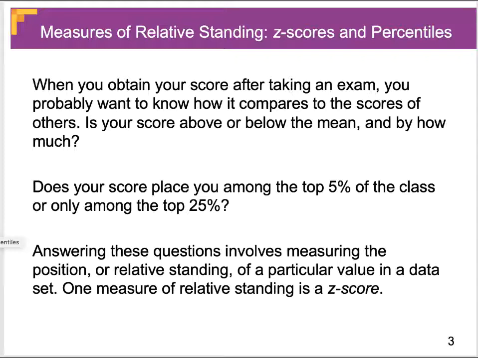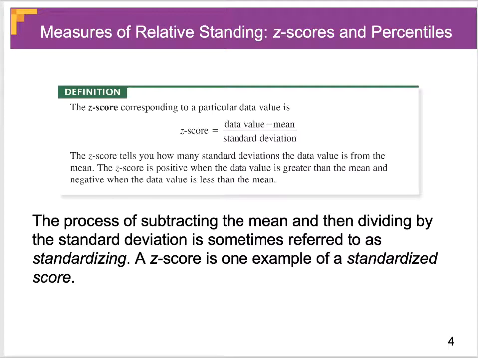So there's two types of relative standing that we're going to look at, and the first one is the z-score. So a z-score is basically just telling you how many standard deviations from the mean your observation is. So you would take a particular data value and subtract the mean. That's going to give you the difference between the data value and the mean. Then you divide by the standard deviation, which will then provide you with the number of standard deviations the value